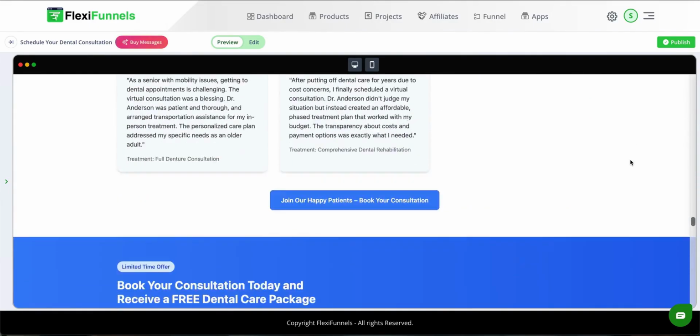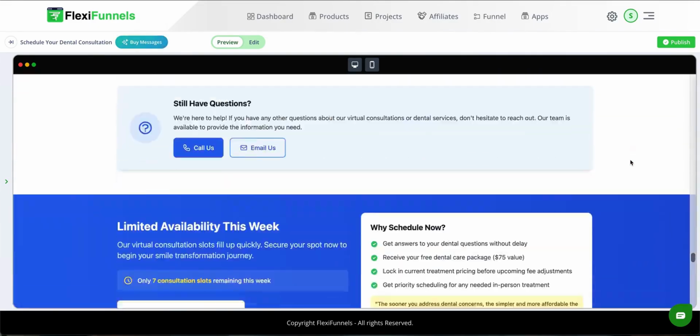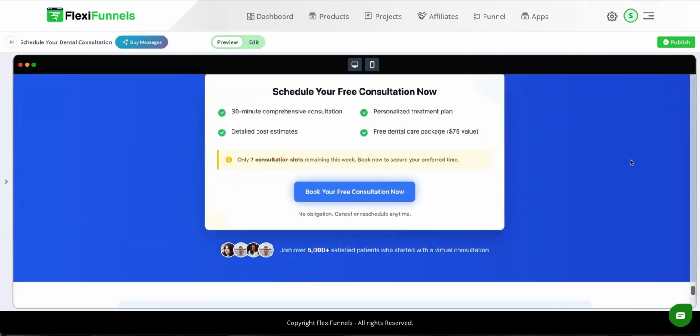So yeah, this is something that's really, really helpful, and it's definitely going to help with your page creation. All right,